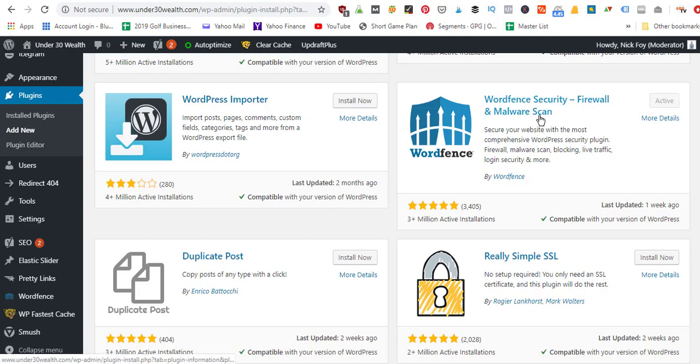WordFence is a plugin I like to use. It's a security plugin. So Jetpack above, we talked about, had a security feature. A lot of times when you buy a hosting plan, like from Bluehost, they try to upsell you on security features. I always like to decline those because WordFence is a free plugin you can install that offers security, and it's got a malware scanner so you can run scans or have automatic scans run on your website once a week to check your files and your database and everything for malware, just to make sure that your website's clean,